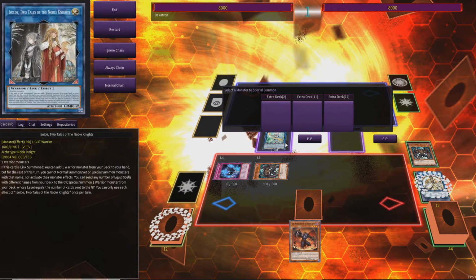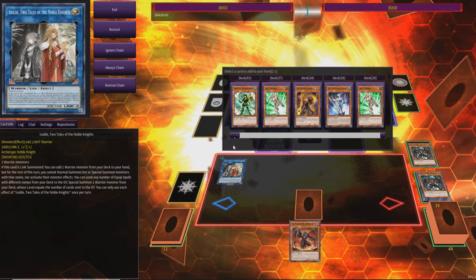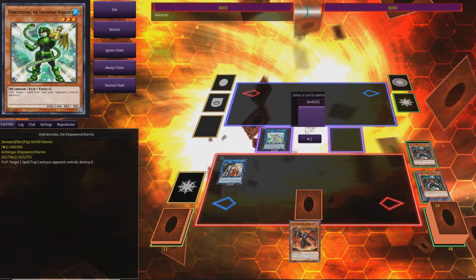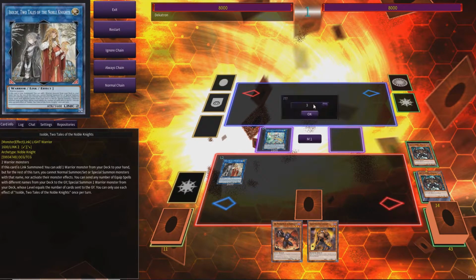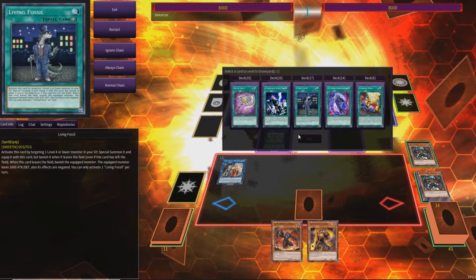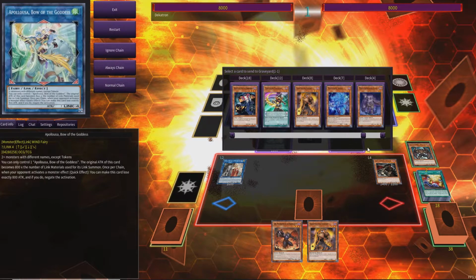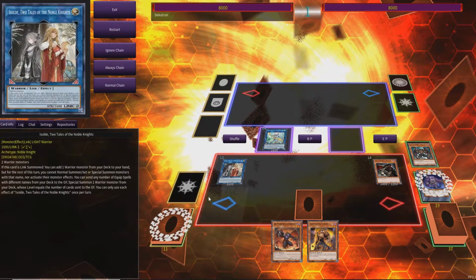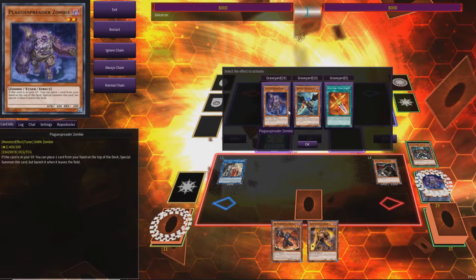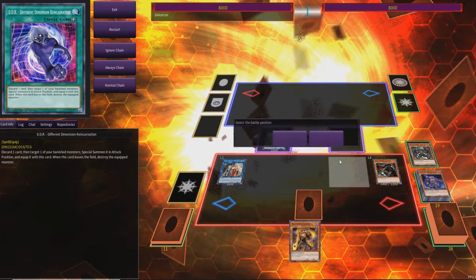So now we can freely make our Isolde. With Isolde we search a random dark warrior. We don't really care about what it is, but it's always better to have a dark warrior because of Dark Buffer. So we already sent the Defiros, so we do not need to do it after that, and that's very good. So now we can activate our Plexburger zombie, shuffle back my Libic,